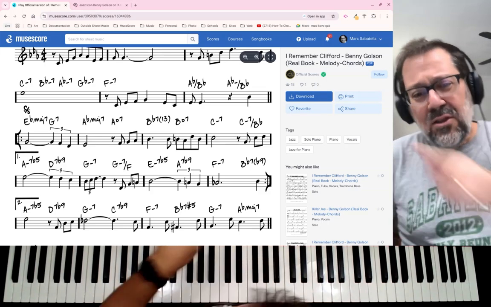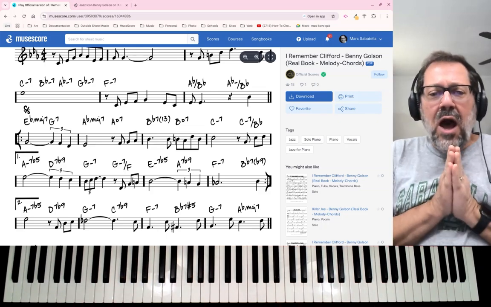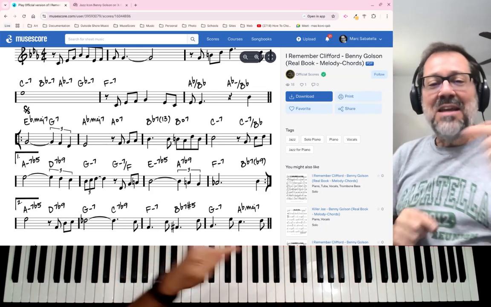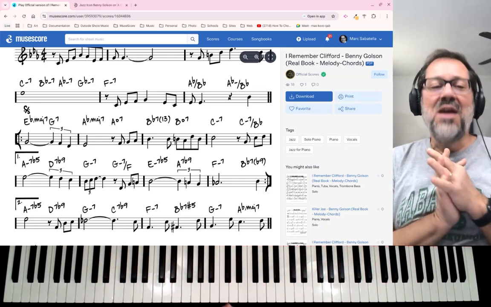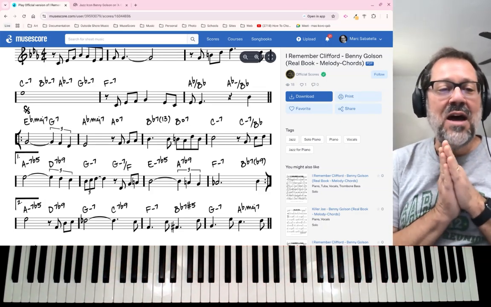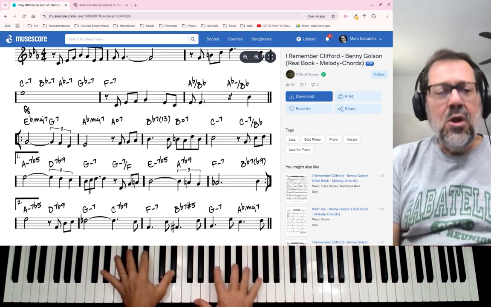So I'm playing the chords that I see here on the chart. This is from the Real Book from Hal Leonard. I'm hesitating a little bit because I sometimes play these chords a little differently when I've played the piece, but I'm trying to be relatively faithful to what I see on here. I probably learned it wrong. So anyhow, we have this melody,